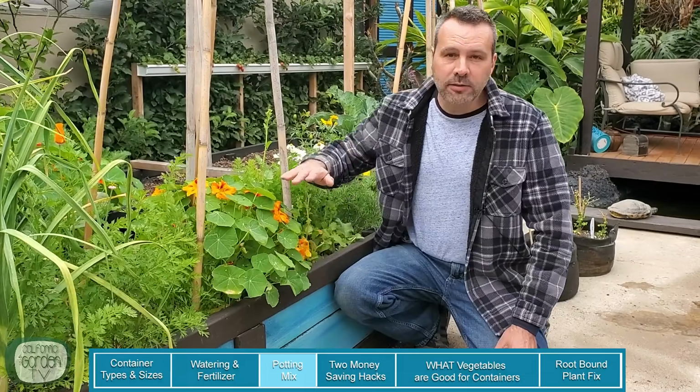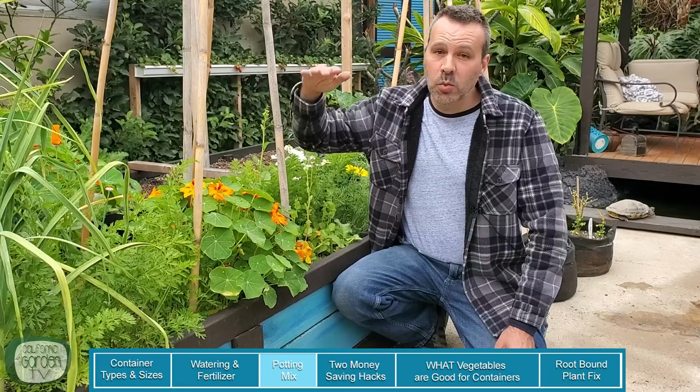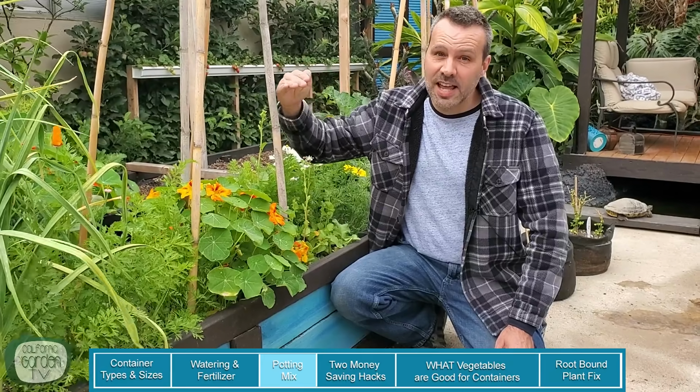Now you need to take into account the height of your bed as well. These are 15 inches tall, and you have to understand that most vegetables' roots are only going to go down 12 inches at most. Some say 6 to 8 inches for the majority of the root run. So if your bed is 24 inches tall or 36, which by the way would be a really cool height because you could just stand up and do it,